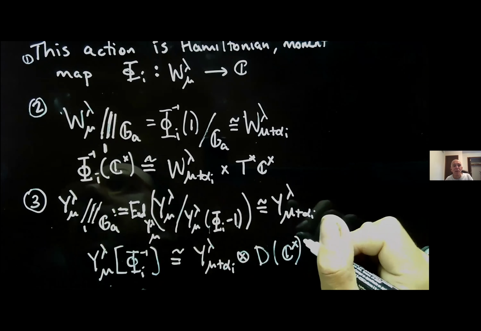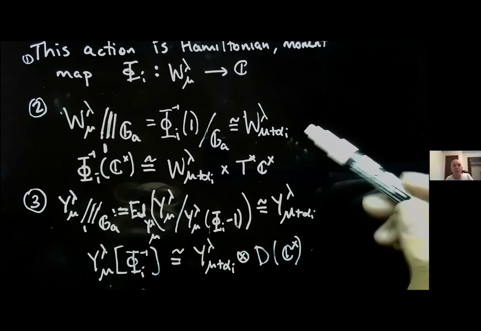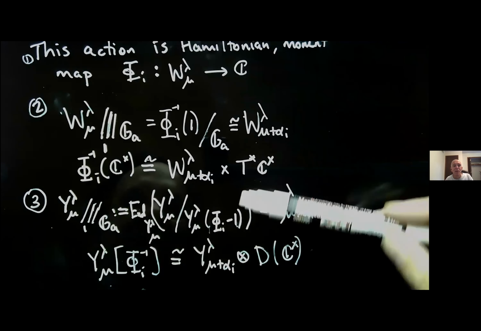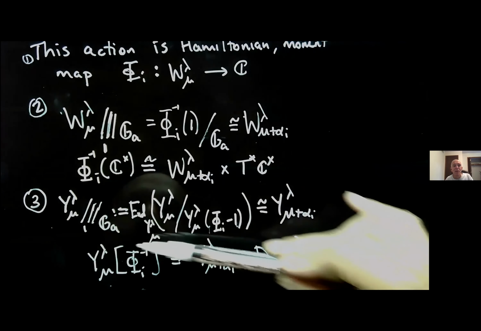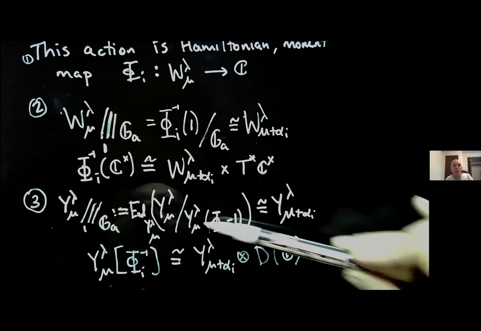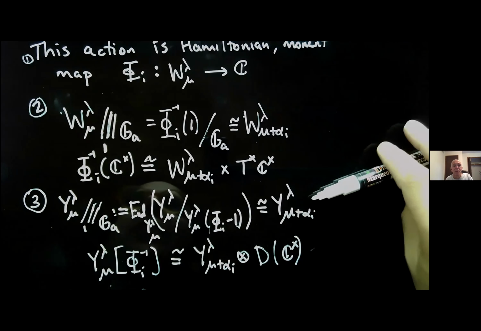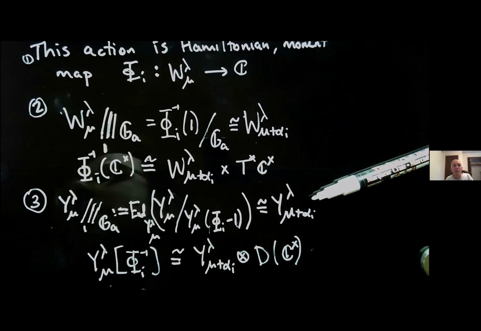Okay. A slight caveat about this theorem. We proved most of this theorem, but not actually. This third part is still conjectural. This guy in the third part holds as written in type A, but outside of type A, only a weaker form is true, which I don't want to bother explaining.